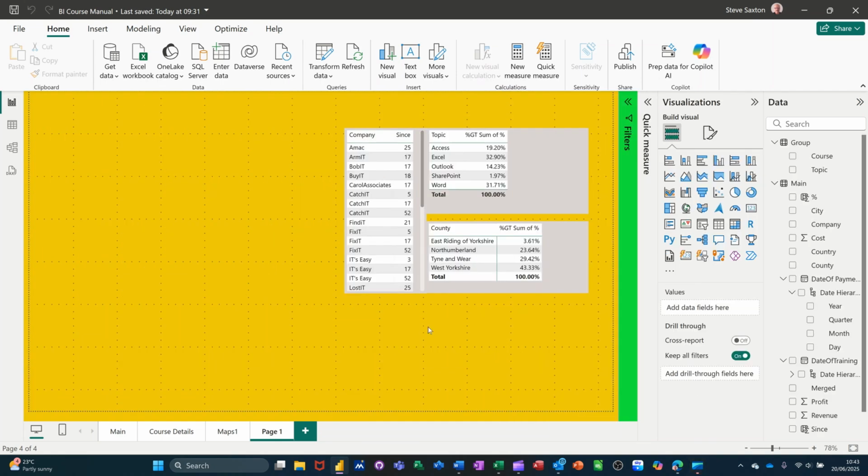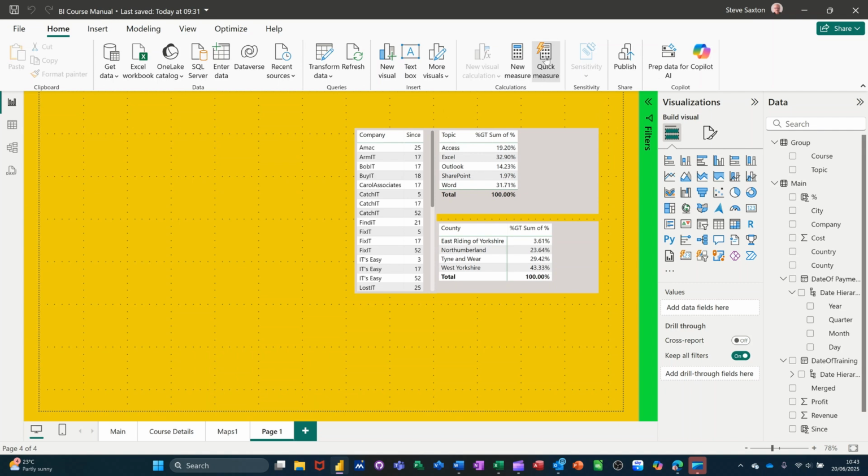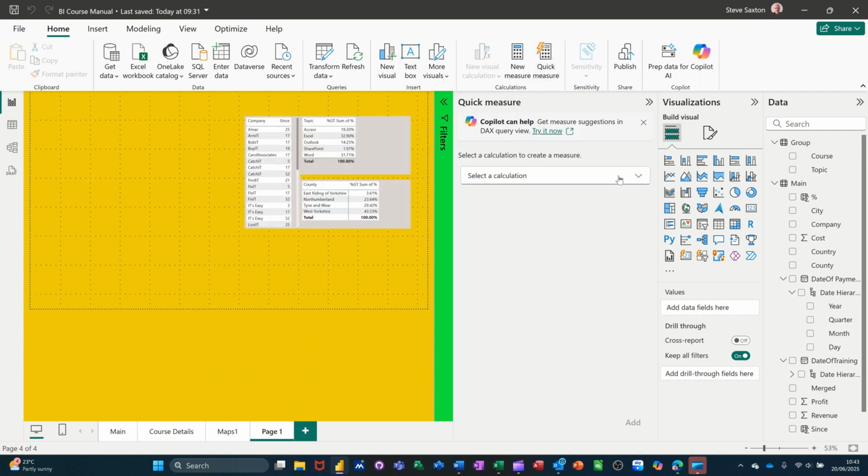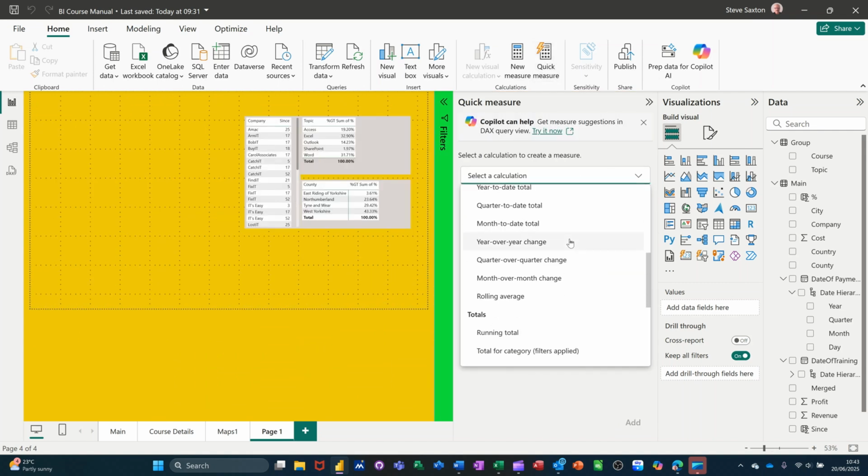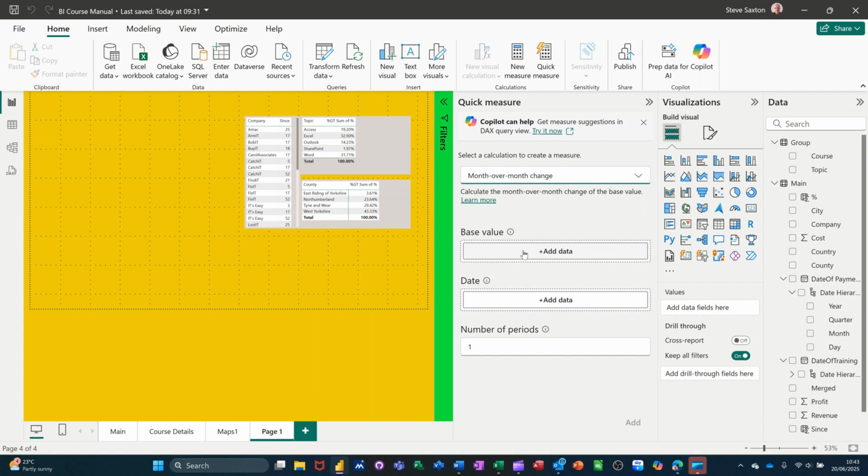Another quick measure you might find useful is a month-on-month change. If I click on quick measure and select one of these date intelligence ones, so you've got month over month change. Let's have a look at that one. Same process, you give it the fields that you want to look at. So revenue is the base field, and then the date field for this one is going to be date of payment. Pull date of payment in,